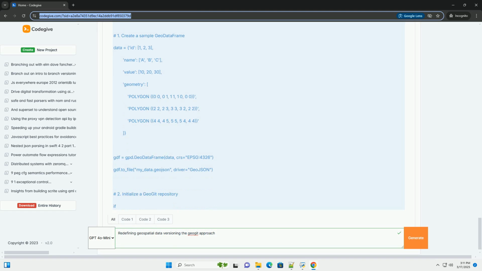3. Installation and setup. GeoGit can be installed in a few ways, depending on your operating system and preferences. A. Installation via Conda, recommended for Python integration. This method is highly recommended as it allows for easy management of dependencies, especially when working with Python geospatial libraries like GeoPandas. 1. Install Anaconda or Miniconda. If you don't already have it, download and install either Anaconda or Miniconda from